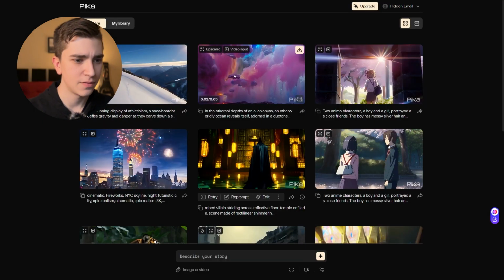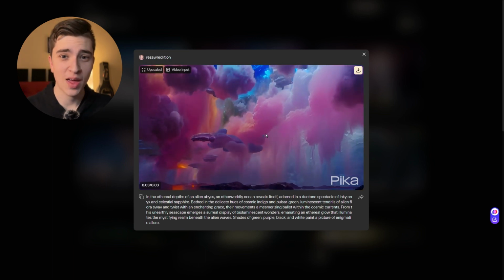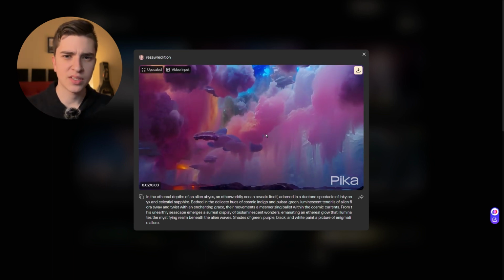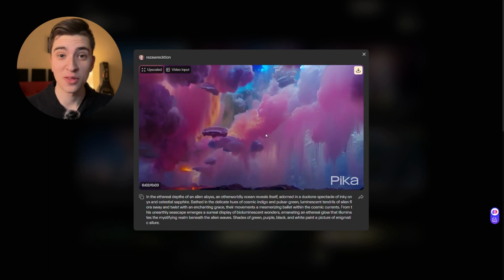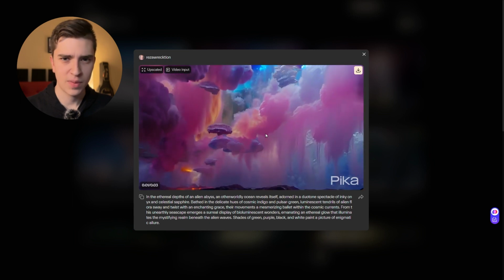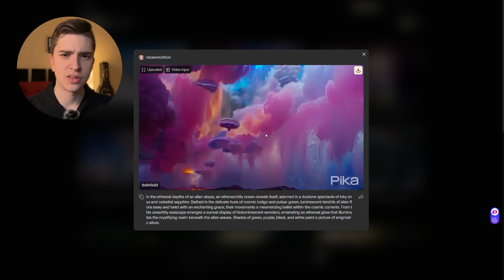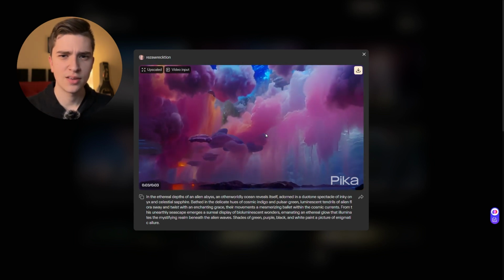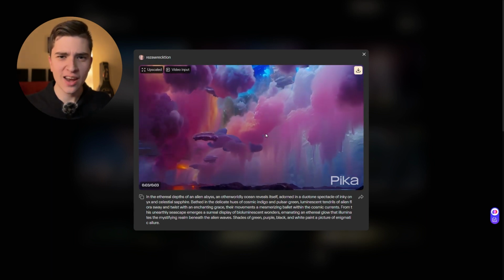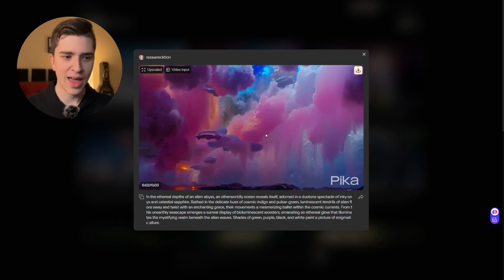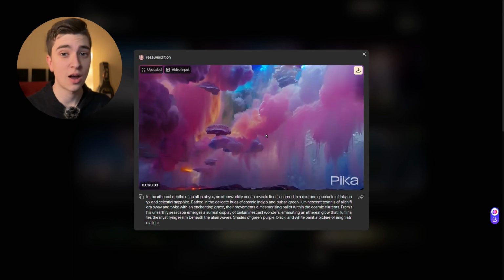Going to the next one here, we have something about aliens. It seems like clouds, and now this next one here looks like it's something straight out of Ant-Man Quantumania. Imagine people being able to type something into a generator and get a video out. In this case, it looks like something that would just come right out of the quantum realm. And that kind of scares me, because think about all the thousands of hours of work that are put into creating those CGI landscapes and creating those realistic looking atmospheres. And think about all the ones that, like this, don't look realistic at all. They look out of this world, crazy, creative, something you would never see before. But now, AI has the potential to actually replace that, or at least supplement the time it would take to create something of that scale.